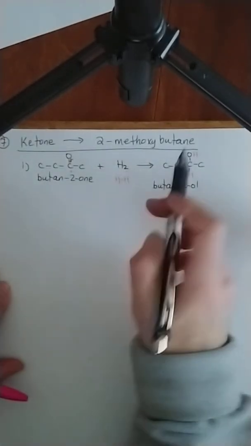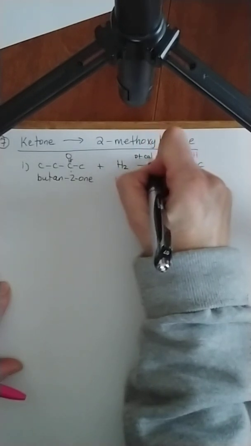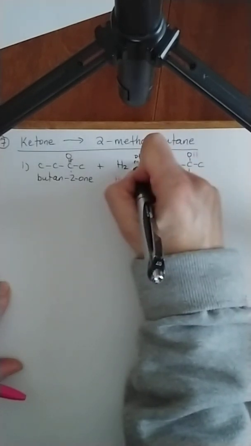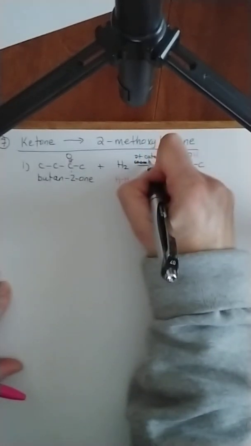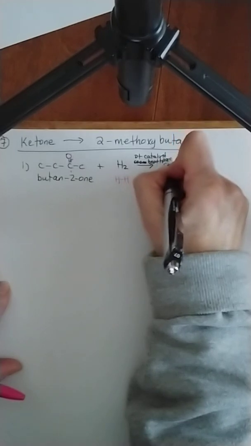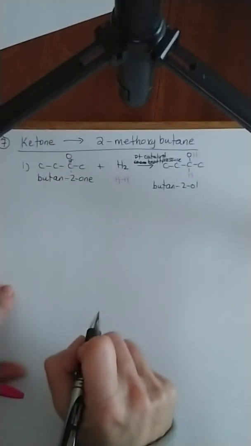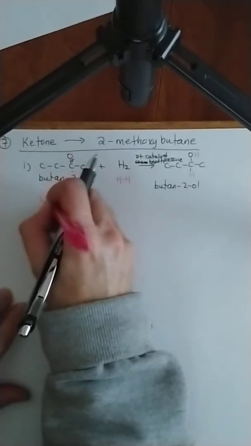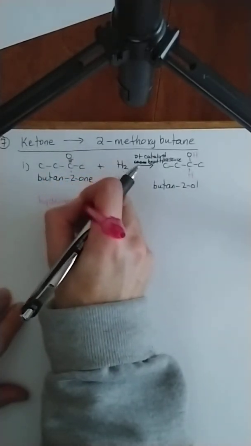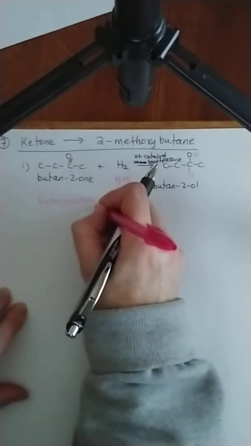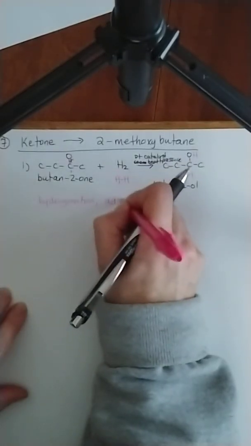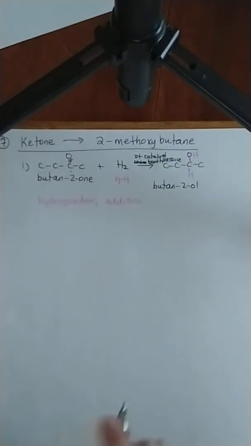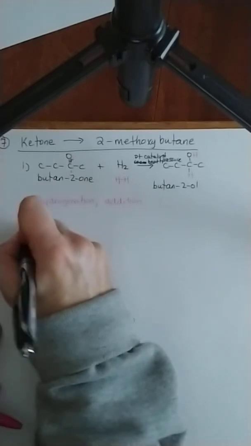So adding hydrogen, remember, needs a platinum catalyst, and room temperature, or sorry, not room temperature, my apologies, heat and pressure. So we have to add heat and pressure to that. And because we've added hydrogen, this is a hydrogenation. And because we've actually added two atoms that weren't there before, this is an addition reaction. So now we have our alcohol,